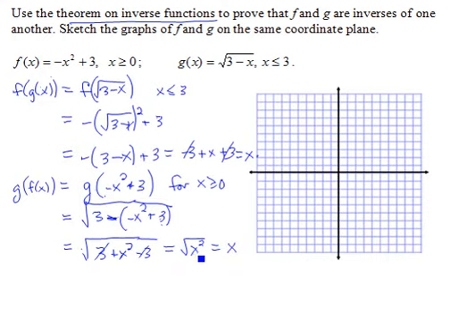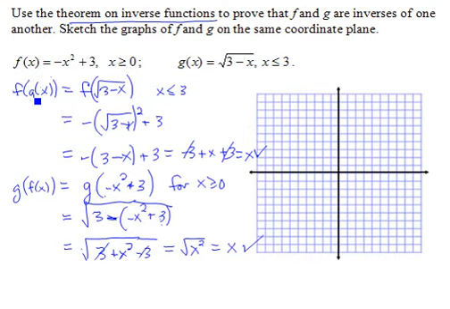If you square a positive number and then take the square root, you get x back. And that shows us that we do get x when we compute g of f of x on the domain of f, and we do get x when we compute f of g of x on the domain of g, and that means that the theorem on inverse functions conditions are satisfied, and indeed f and g are inverses of